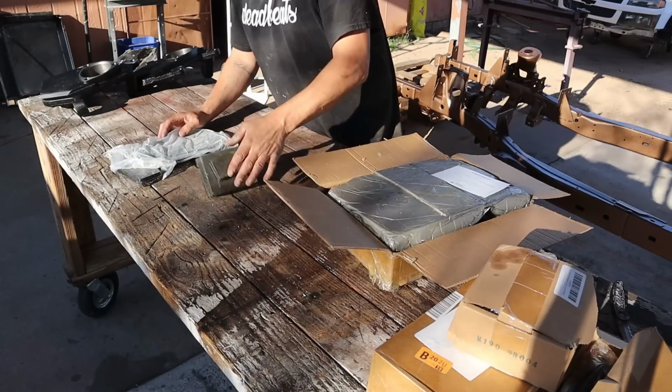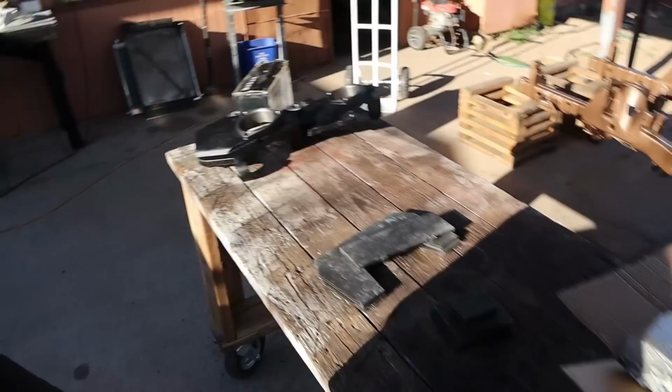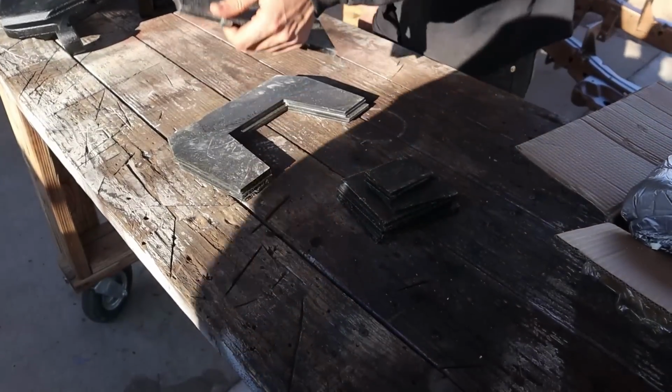Things are glued. Dude. Take those to work with me and sandblast them for you. Yes, please. Those things look like the fact that you could slam this on the table and didn't come off is